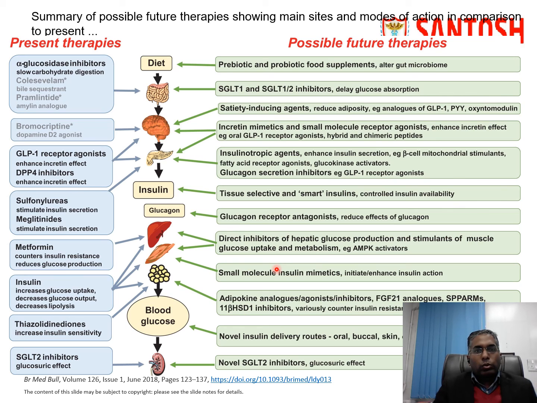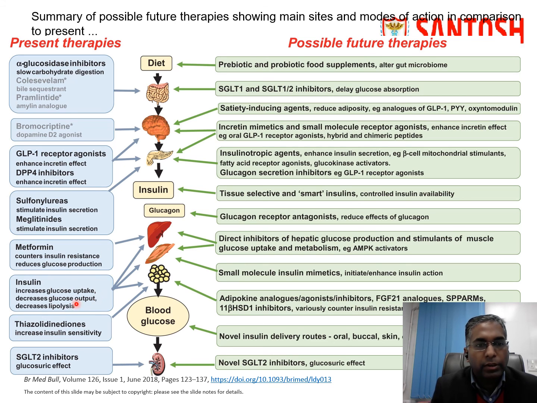This pictorial diagram shows the present therapy, as well as the possible future therapies which can be offered to the patient. As we already went through the Ominous Octet, the present therapies are alpha glucosidase inhibitors, which cause slow carbohydrate digestion; GLP-1 receptor agonists, which cause enhanced incretin effect; DPP-4 inhibitors, which also cause enhanced incretin effect; sulfonylureas and meglitinides, they stimulate insulin secretion by the pancreas;